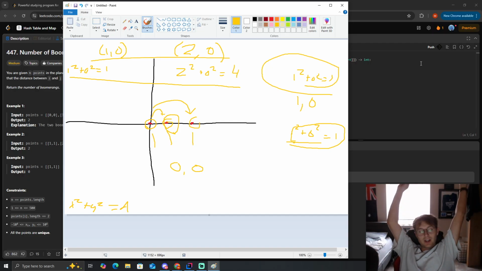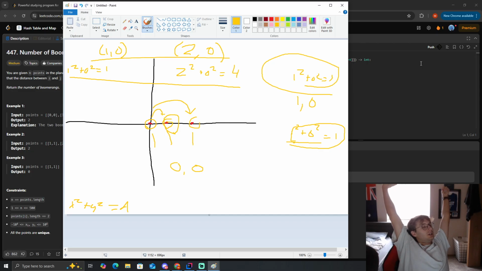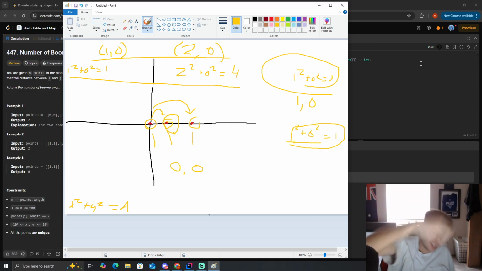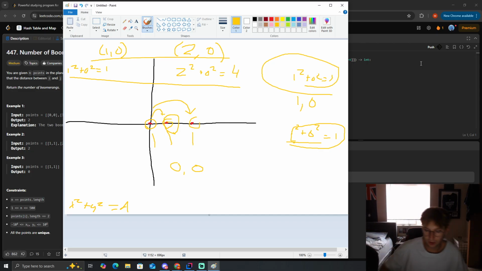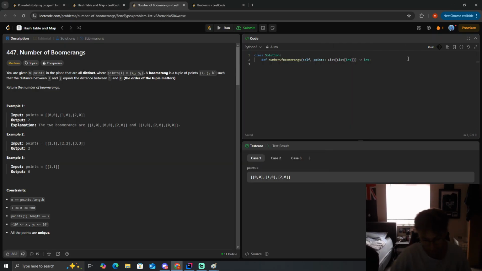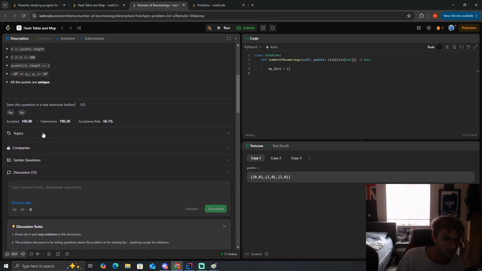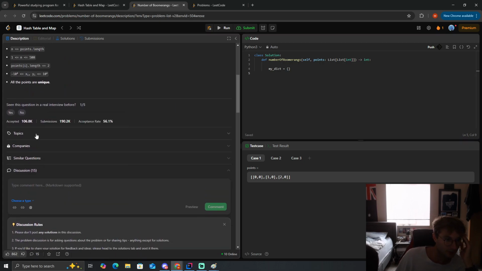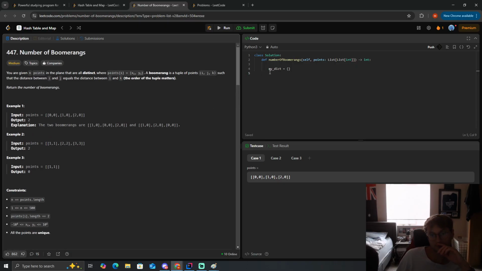So we got to think about this here. How can we solve this problem? How can we translate this into code? Well, firstly, I think we create a dictionary, obviously. A hash table, math. Okay, yeah. Now what we want to do is iterate